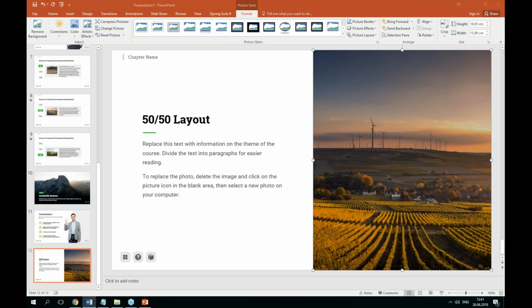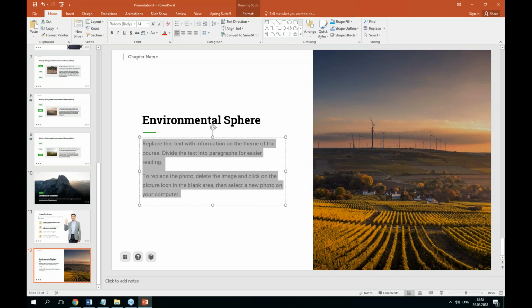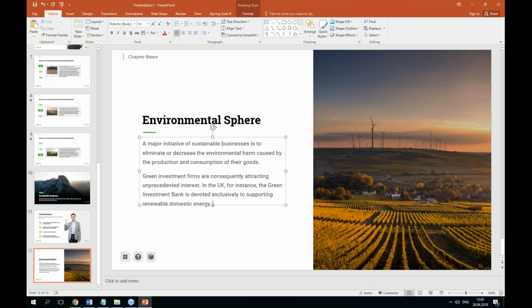So the title is Environmental Sphere. And the text. So this template allows you to enter detailed text on the subject material and illustrate it with an image. So kind of info slide in our case. So let's create the new one, the slide number 13,